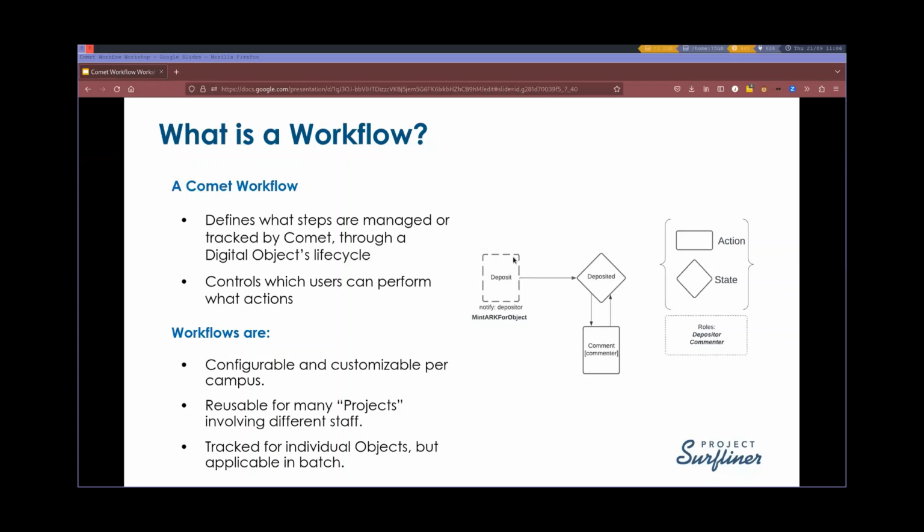Comet, because Comet's interested in tracking what an object does as it moves through its life cycle, there's this core functionality to it about the object workflow: once Comet actually sees the object, what happens to it and what steps it will go through. So a workflow